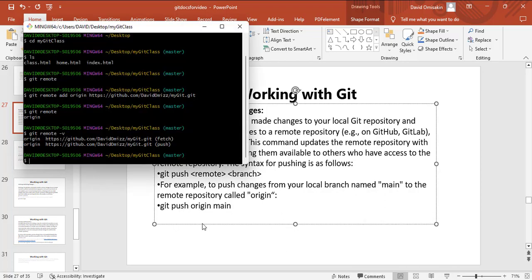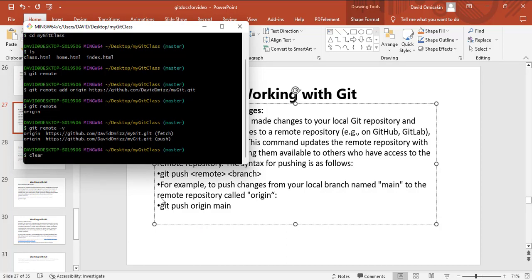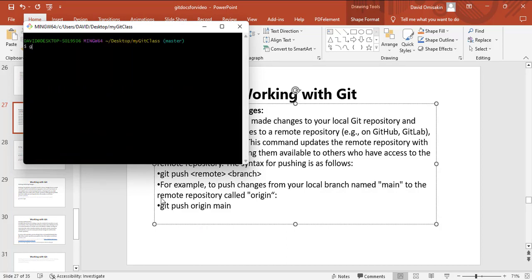So I will open my terminal now and then I'll clear everything I have here. Remember, if I do git remote now, the name of my remote is origin, and the name of my branch is master. So if I want to push to the master branch now, I will do git push, the name, which is origin, then I will do master. I want to push my master branch. So if I hit enter,